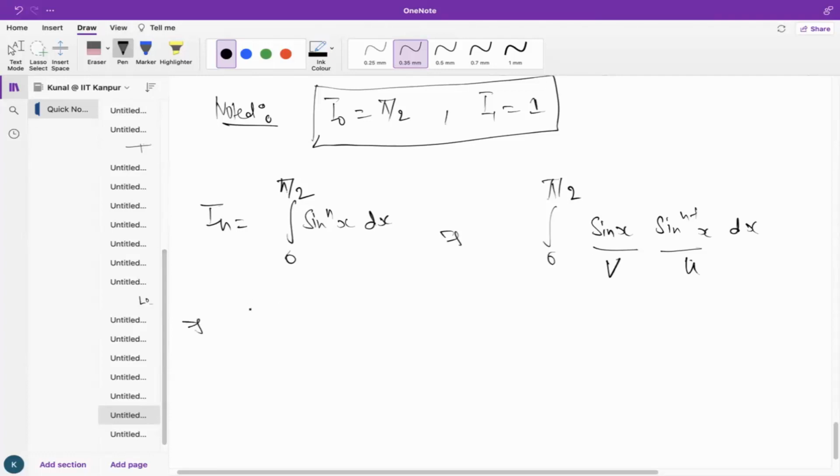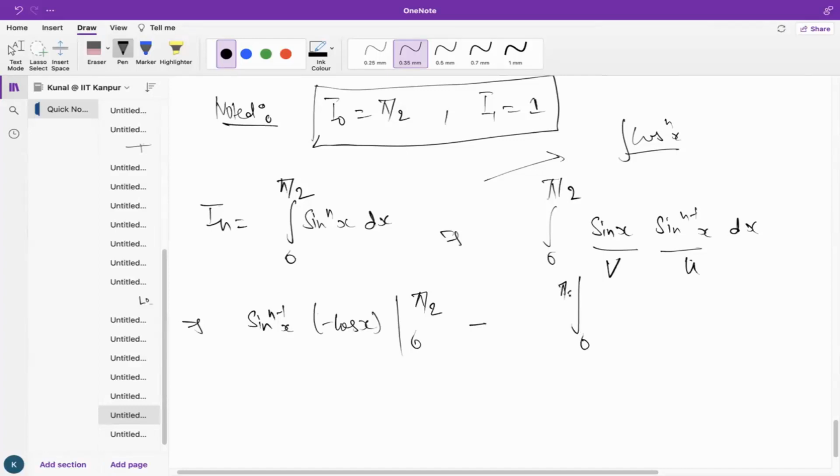So when we integrate this function, what we get? Sin to the power n minus 1 x, and the integration of sin x is something like, you have to notice here one more thing. You can also do it for cos n x. This will be the same, right? So don't worry much about this. Sin n minus 1 x, and the integration of sin x is minus cos x. We are integrating this from 0 to pi by 2, minus